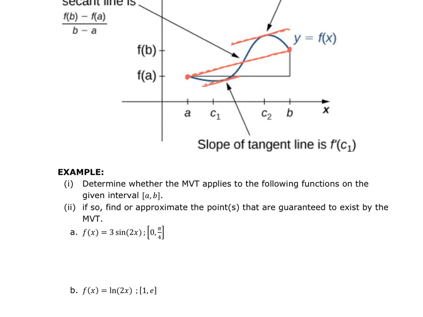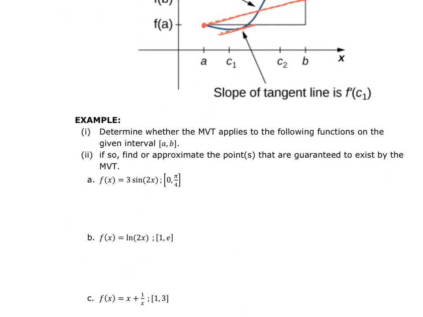So if I have to determine whether or not the mean value theorem applies, I have the same criteria. It has to be differentiable and it has to be continuous. In this case, it doesn't necessarily have to have f of a equal f of b, so that's one part I don't have to check. But I do have to check for continuity, and I do have to make sure that it's differentiable on that interval. So looking for differentiable and continuous